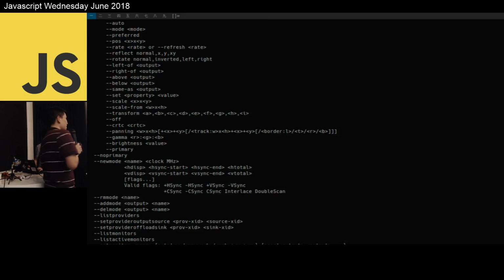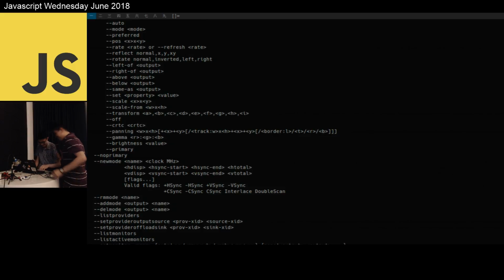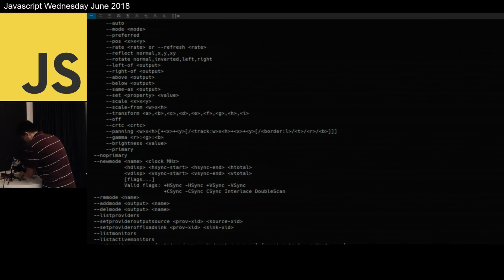WebAssembly is browser based, so I think he stopped already. It's okay, it's showing. It hung. This is why we don't use complicated OS. Okay, let's try pull out. No, it should be here.